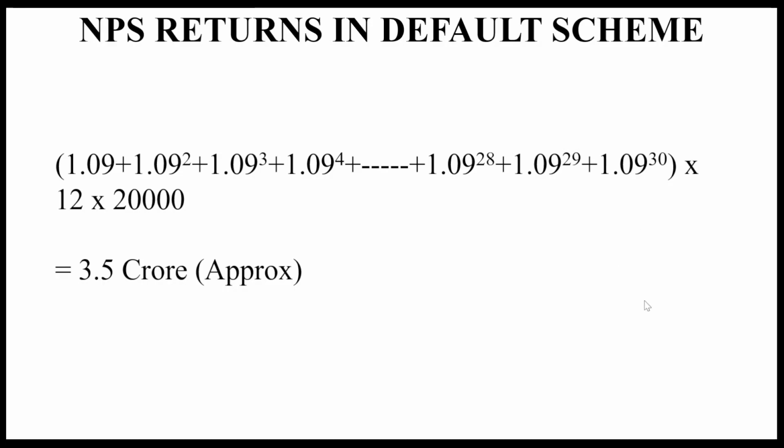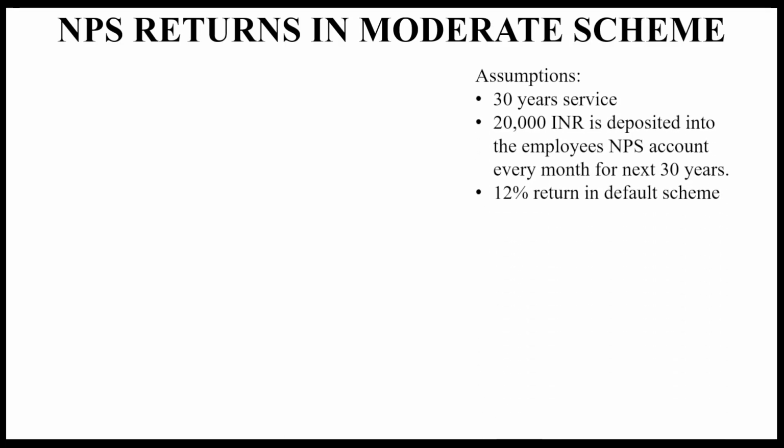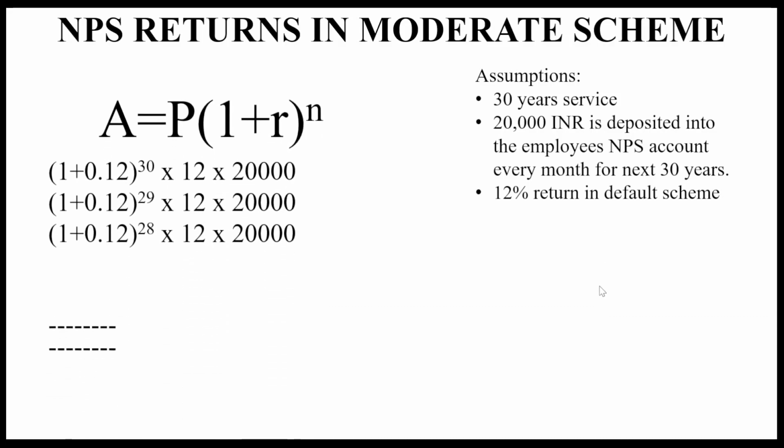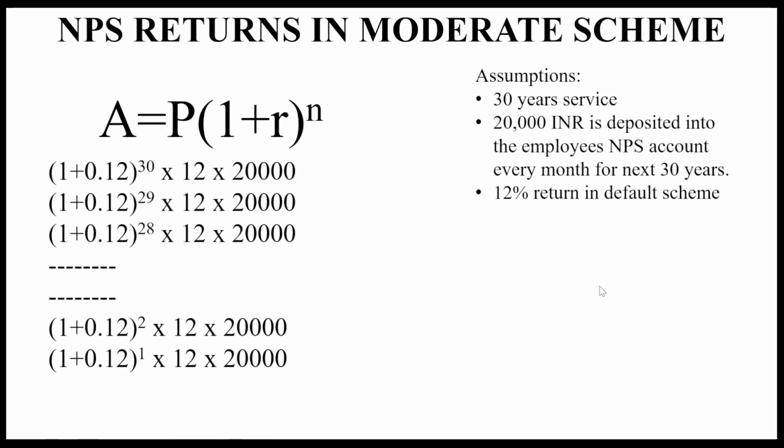And if a subscriber goes by the option of the moderate scheme, again, I take the assumption that a person will go for a 30-year service and 20,000 rupees are deposited into his account for the next 30 years, and here he's getting 12% return. So going by this formula again, I have this value coming out to the tune of